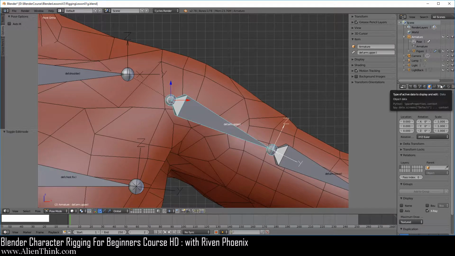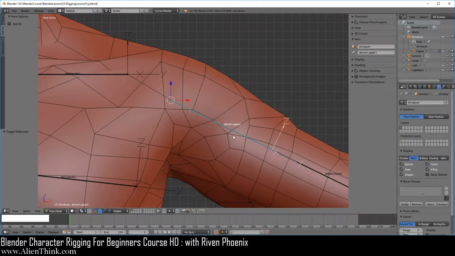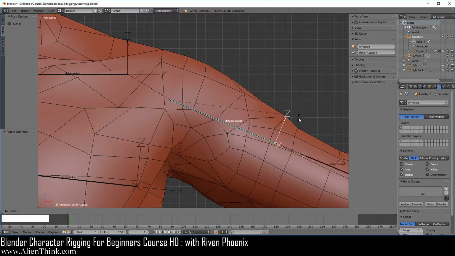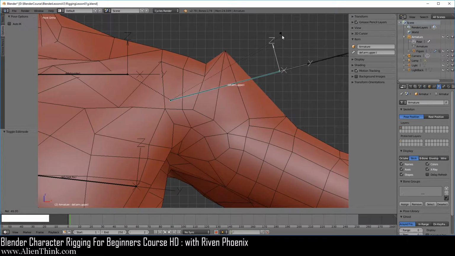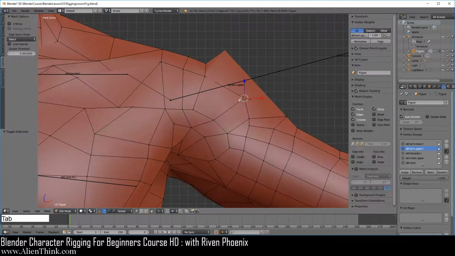Now go ahead and click on this tab and move to stick. This is so we can actually see how much the distance is between this vertex. Press the R key to rotate. So now you can see how this is working. Go ahead and now click your mouse like this. Now click on the figure, press the tab key to go into edit mode. Now notice that the vertex is selected over here, but actually it should be over here.